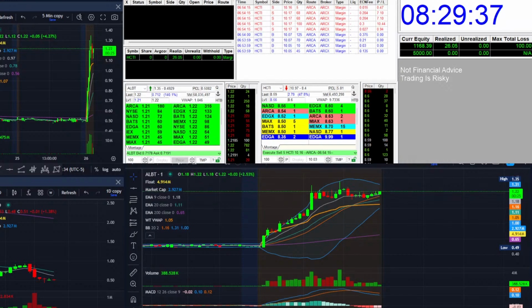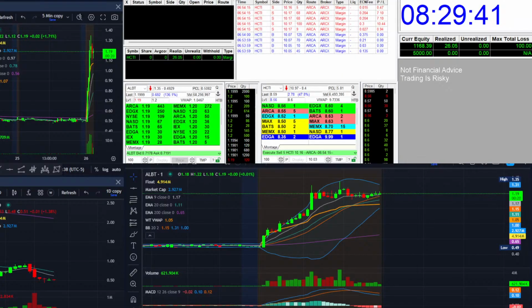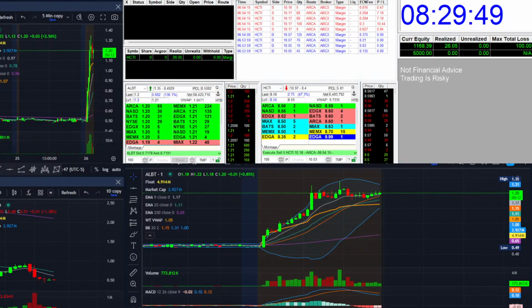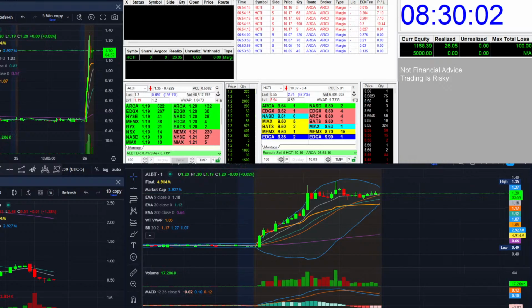Looks like Albert's gonna break over 122, but it looks like sellers just keep trying to push it down. They're not letting it go any higher. So it is making slowly newer highs, so I wouldn't be surprised if it broke right here. But it's also below MACD, so I think one of them's gonna give out, and I feel like most likely